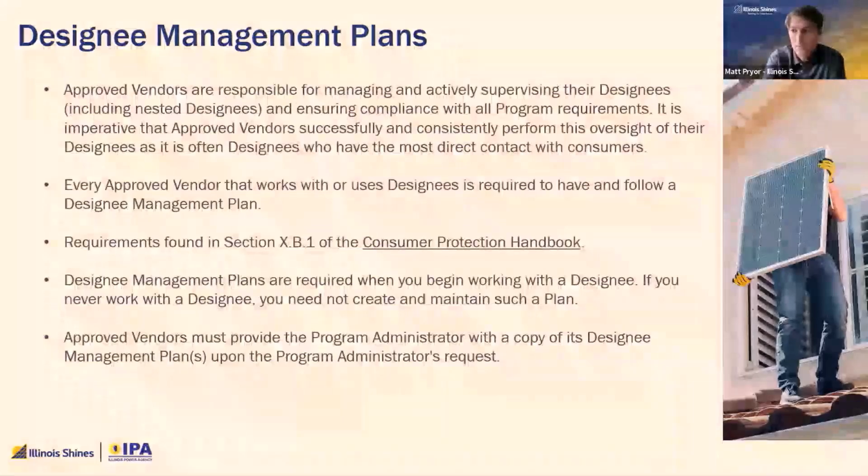a process for ensuring adequate training of designee employees and agents, including training on program requirements and updates, like Ola just discussed, a plan for regular communications and/or check-ins between AVs and designees, a process and guidelines for when designees need to update the approved vendor on material changes to the designee's marketing materials or channels, enrollment processes, or other business practices, a process for designees to report customer complaints to the approved vendor, a plan for responding to designees' violations of program requirements or applicable requirements of the designee management plan, and then for approved vendors that offer DG projects, requirements to ensure designees submit project application materials to the approved vendor in a timely manner.